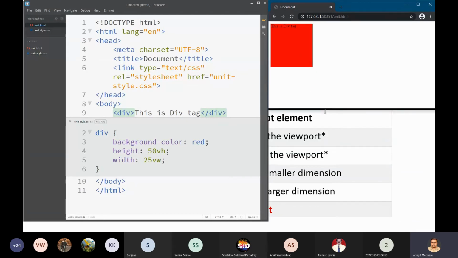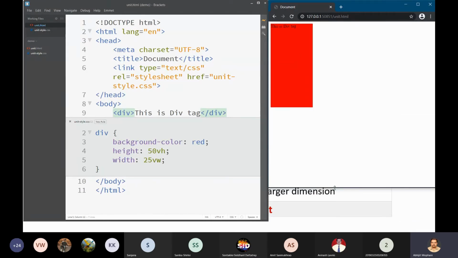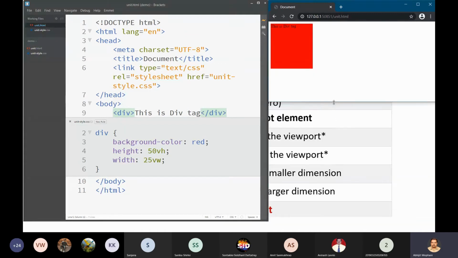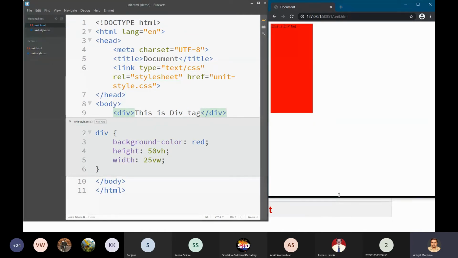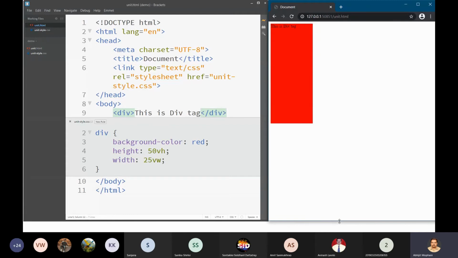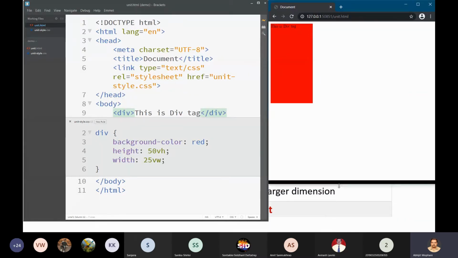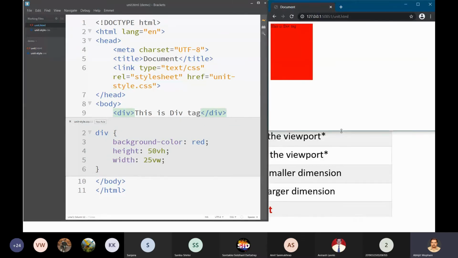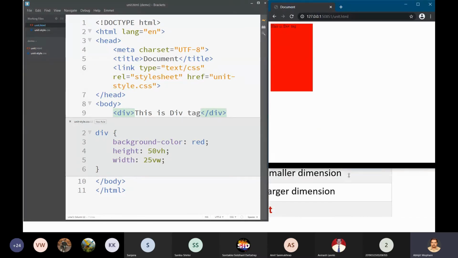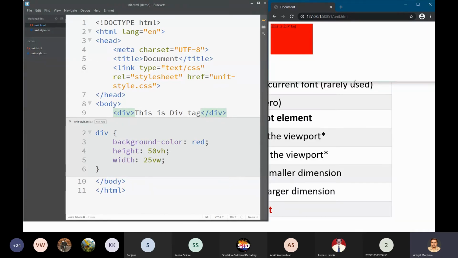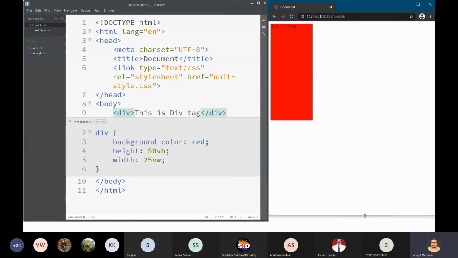So this is what is called responsive. You may have heard the term responsive website design or responsive web design. And this is the first lesson we have learned as far as responsiveness of the website is concerned. So depending upon the size of the screen, size of the viewport, these units will change their length. That's why they are called relative. So they are relative to the viewport. So the moment I change the viewport height or width, they also change their length.